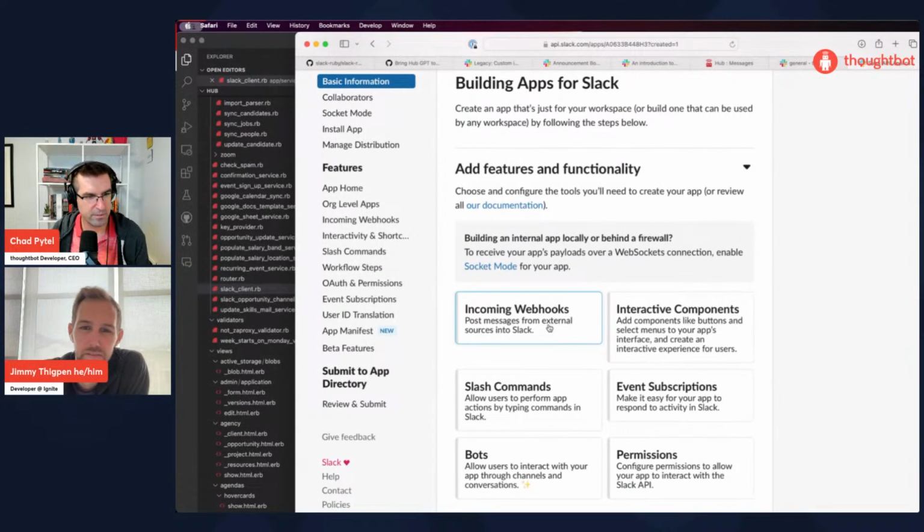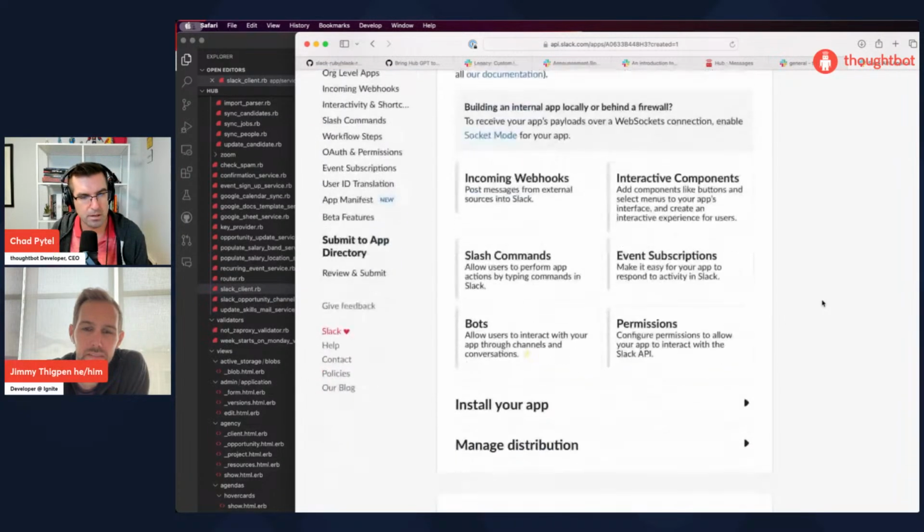Post messages from external sources into Slack. Bots allow users to interact. Enable socket mode. We are going to receive your app's payloads over WebSockets connection. Let's see. I don't think we're going to need to do that because we're going to use ngrok.